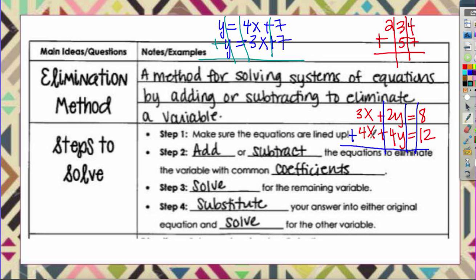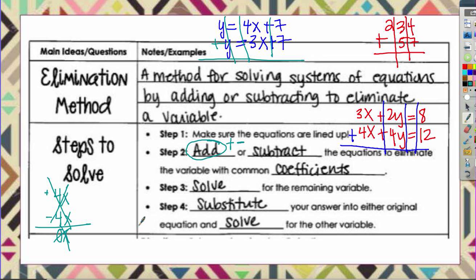So once they're lined up, we need to either add or subtract the equations. So it says add or subtract. You're really adding. It's just that sometimes you're doing plus and negative, which is like subtraction. We're basically trying to eliminate the variable with common coefficients. So we want to either make the x's cancel out somehow or the y's cancel out somehow by having what we call a zero pair. So for example, if one of my x's has a coefficient of a positive 4, I'm trying to make the other one have a negative 4 so that they will come out to be a zero pair